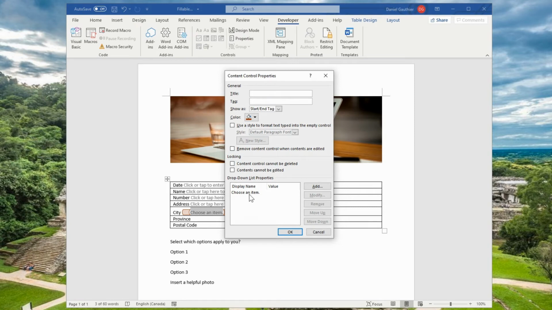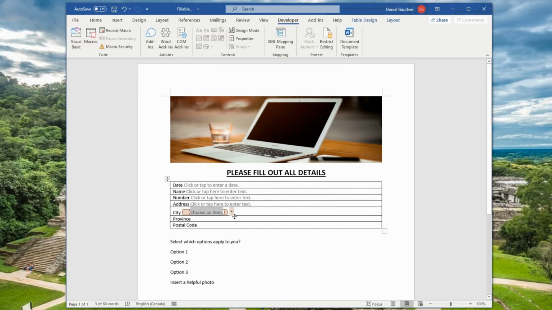But what we want to do is at the bottom here, going to add and start adding in some fields. And we'll okay that. So when we go in here, we can see that we've got a few options in the drop down list, so they don't have to type in anything, they can just select it. But if there's one that's missing and they want to put that in there, they can actually click in here and fill it out. Now if we did the other combo box here, it's a drop down list, we're not able to type in anything in here, it just doesn't work.